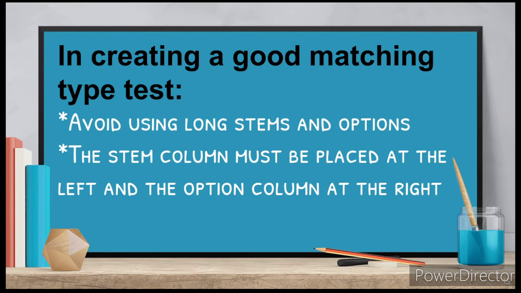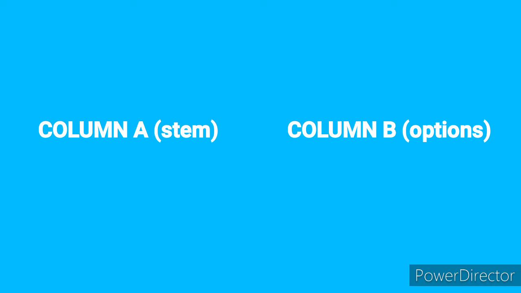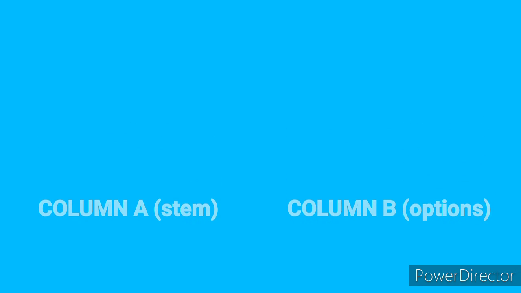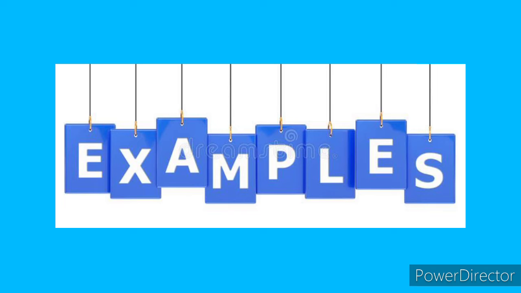In creating a good matching type test, avoid using long stems and options. The stem column must be placed at the left and the option column at the right. There should only be one correct response in each item. The ideal number of items is 5 to 10 and a maximum of 15 on only one page. Example: